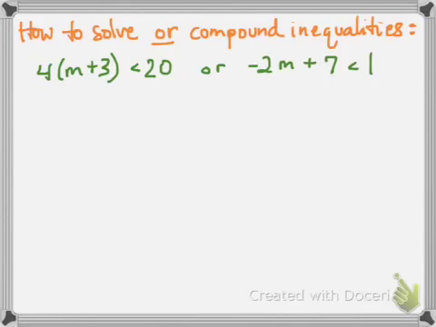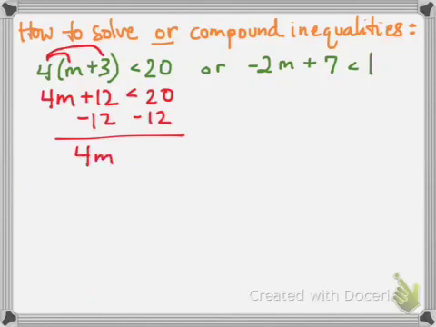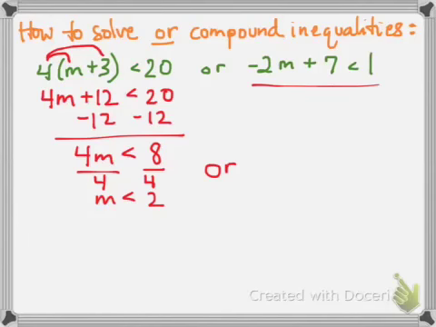How to solve "or" compound inequalities. So I'm going to solve each of these inequalities separately because they're "or" compound inequalities. So I'll do it one by one. So if I start over here, I'm going to distribute the 4 to the m and to the 3. 4 times m is 4m, 4 times 3 is 12, so plus 12, bring down my inequality symbol. And I have a two-step inequality. So I'll subtract 12 from both sides. So I'm left with 4m is less than 8, and I'll divide both sides by 4, so I get m is less than 2, bring down the word "or,"